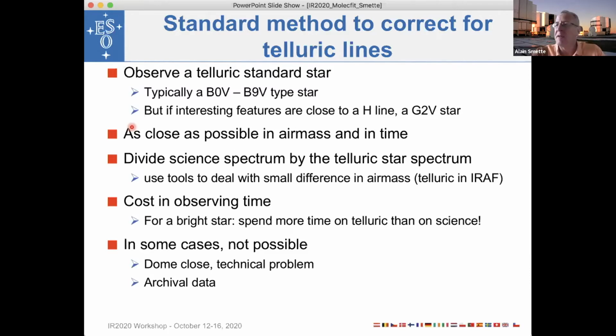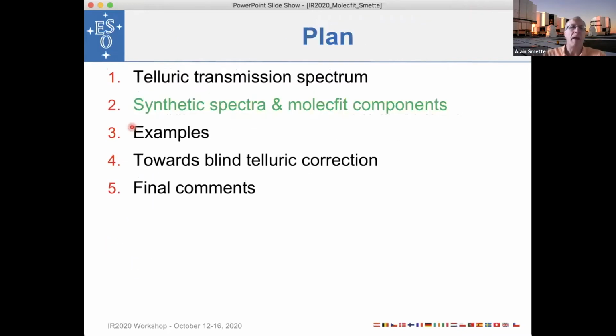In other cases, if people are interested in using data from the archive, then one can face the problem that the scientific goal is not the same for the person trying to do the study using archival data compared to the person who prepared the observations, and the kind of telluric standard star observed is not necessarily the best one in all cases. So let's see if we can